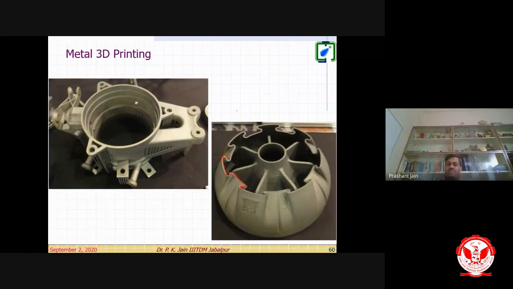Otherwise, what will happen if I arrange spherical balls on my table and try to join them? A lot of porosity will be there, because in between them there will be vacant or hollow places. So this particle size is 40 to 60 micron. We want at least 3 particles, one atop each other, so that we can calculate. Consider the particle as a sphere, put 3 particles one atop another, so it will come to around 150 micron.